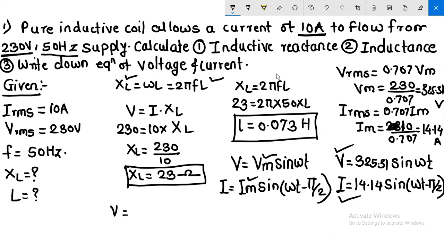V इज इक्वल टू I इंटू XC, बरोबर आहे का? ओके, पण XC चा फॉर्म्युला काय? What will be the formula for XC? 1 upon omega c. I इंटू 1 अपॉन ओमेगा सी. हा चेंज फक्त लक्षात राहू द्या. सगळ्यांनी एक्झाम्पल लिहून घ्या. Write it properly.